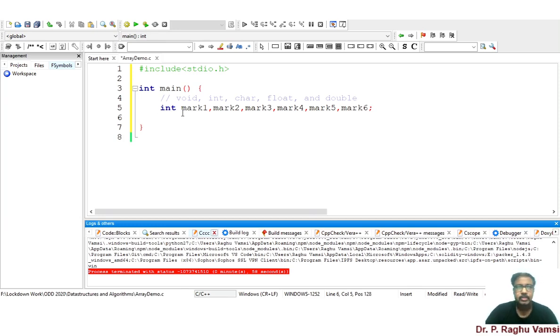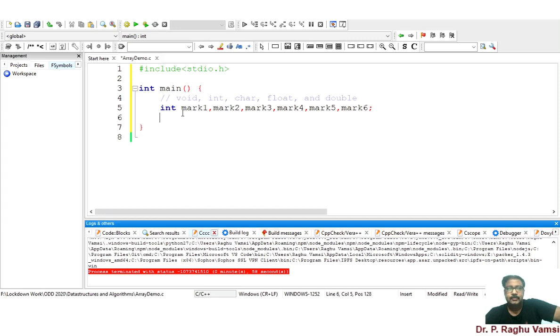So you may declare these marks individually, or simply you can keep a data type followed by all the variable names. Since I have only 6 marks, it's fine. But if I am having 10 marks to consider, then obviously I need to go up to mark10. If you keep on increasing the variable names like that, the program becomes too clumsy and very difficult to manage.